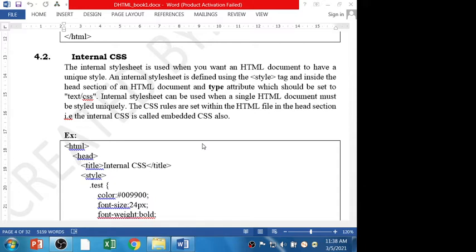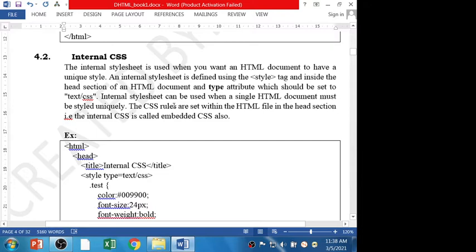See in this example, here you can write type equals to text/CSS, right? In this example you can see the HTML tag, head tag, title tag, and then I have opened the style tag with the type attribute.